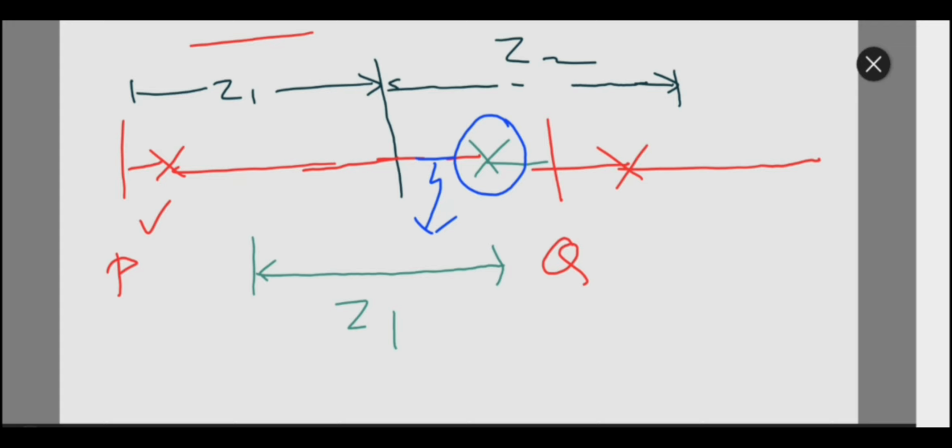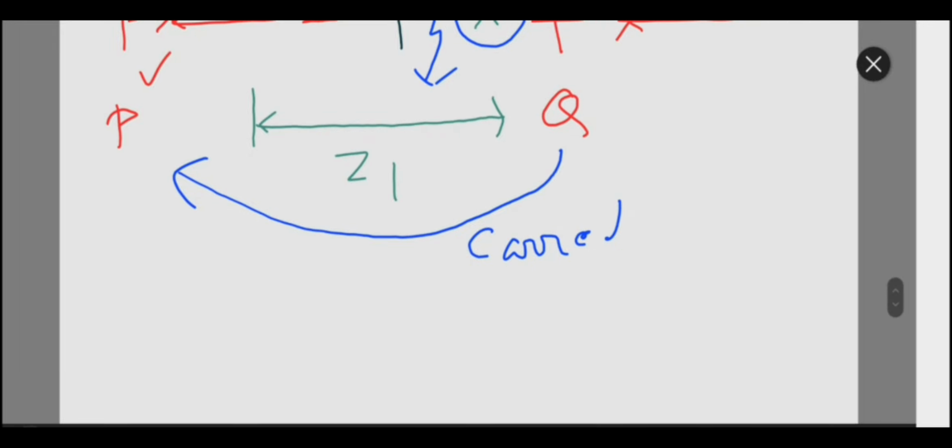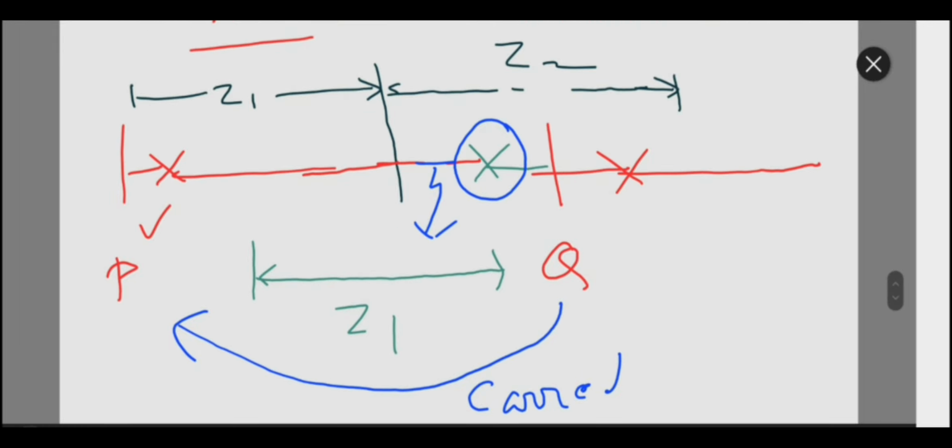And this relay will give a carrier signal to the sending end relay. This carrier signal is sent from the OPGW network or fiber optic cable.